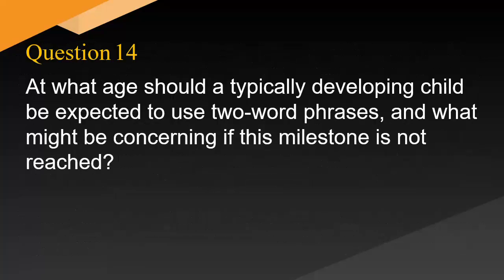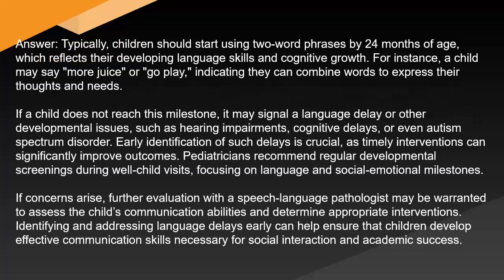health. At what age should a typically developing child be expected to use two-word phrases, and what might be concerning if this milestone is not reached? Answer: Typically, children should start using two-word phrases by 24 months of age, which reflects their developing language skills and cognitive growth. For instance, a child may say "more juice" or "go play," indicating they can combine words to express